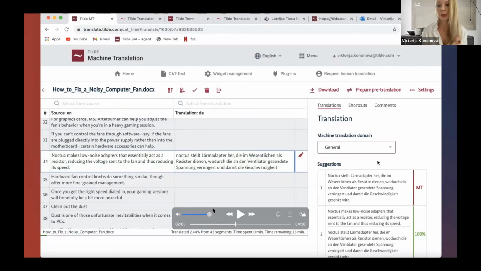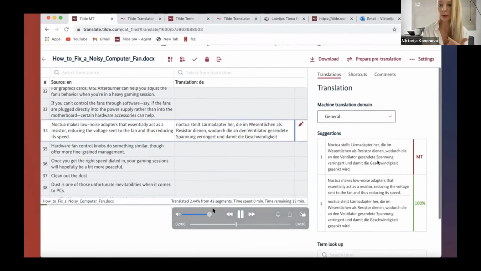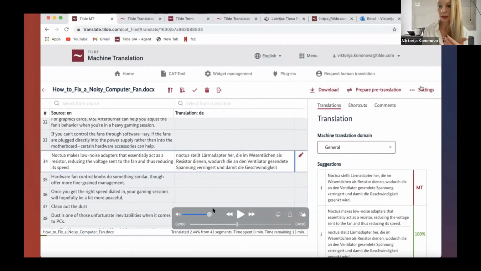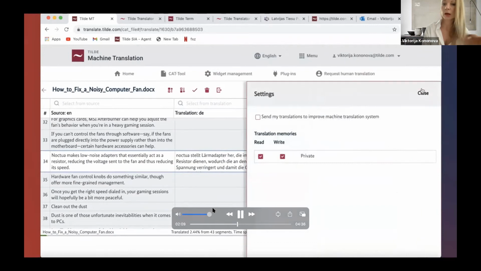The next time you translate the same document or a similar document, on the right-hand side you would also already see that the system gives you a translation memory choice. It's very useful when you are translating similar types of documents, and you can make those translation memories available only to selected individuals if they contain confidential, very crucial information.